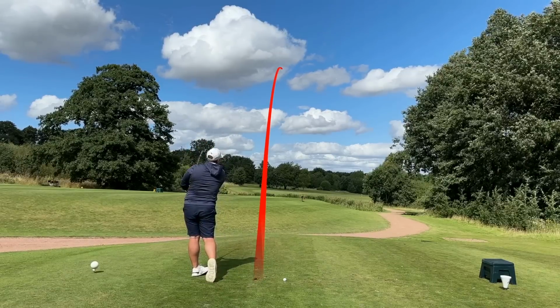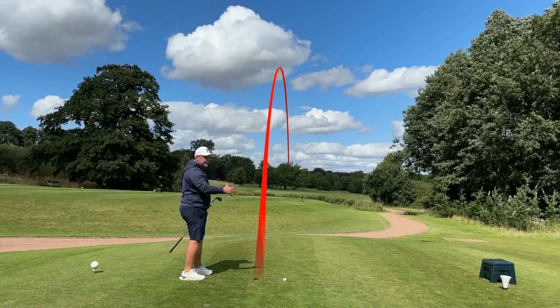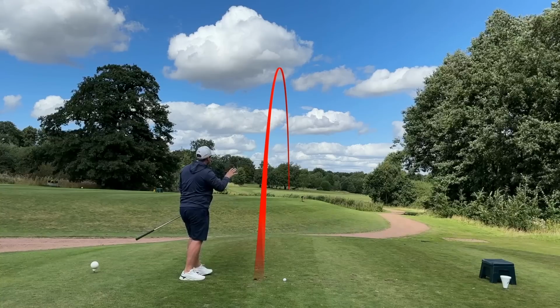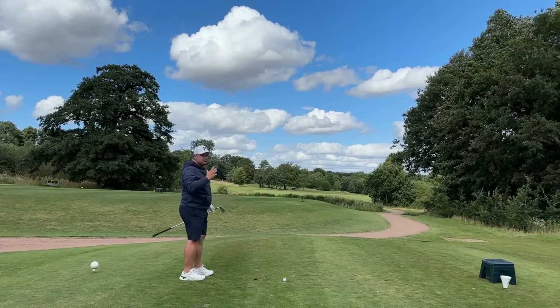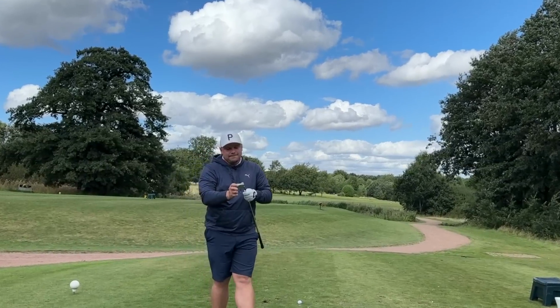And this is where I can really start to play lots of different shots. You saw the first shot, a nice big high fade. That shot's a nice little lower fade, still bounding down there, right down the middle of this fairway. And feel-wise,